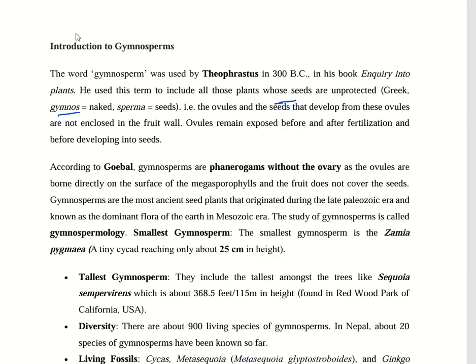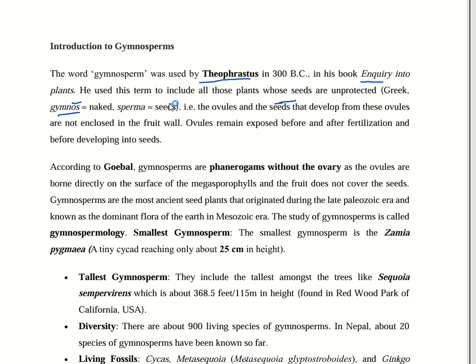Today we are going to discuss an important topic, that is gymnosperms. The word gymnosperm was first used by Theophrastus, who is also known as the father of botany. He used this word in his book Inquiry into Plants. He used this term to include all those plants whose seeds are unprotected, that is, they are the naked seeded